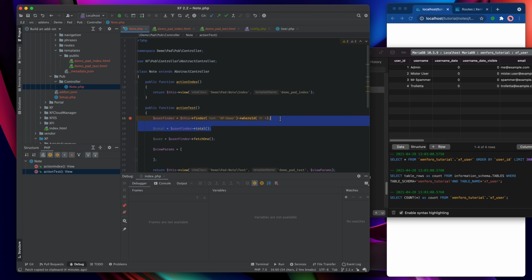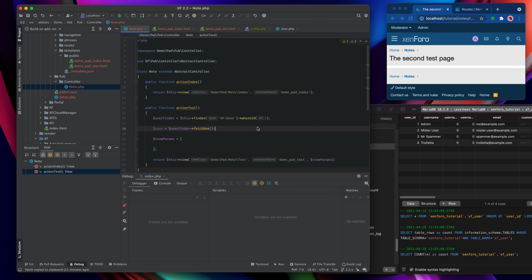And of course, at this point, the total is irrelevant because we know that we're only going to be fetching 1. So I've taken my code back to the point where it's fetching a single entity. In this case, it's the user with ID 2, Mr. User. And then we're going to fetch it into a single user entity. And I've done that so that we can have a look at different ways that we can actually work with the entity itself. It seems to me that a good demo to start with would be changing the email field like I mentioned earlier on in the video.